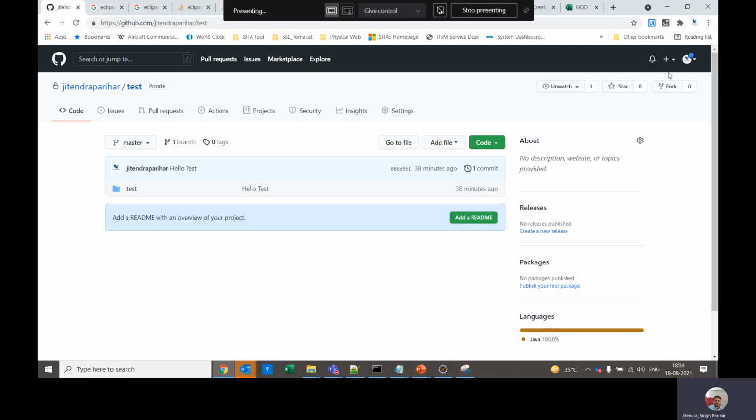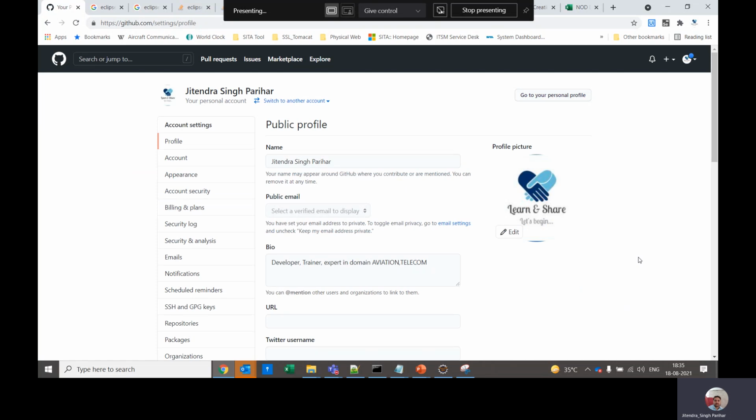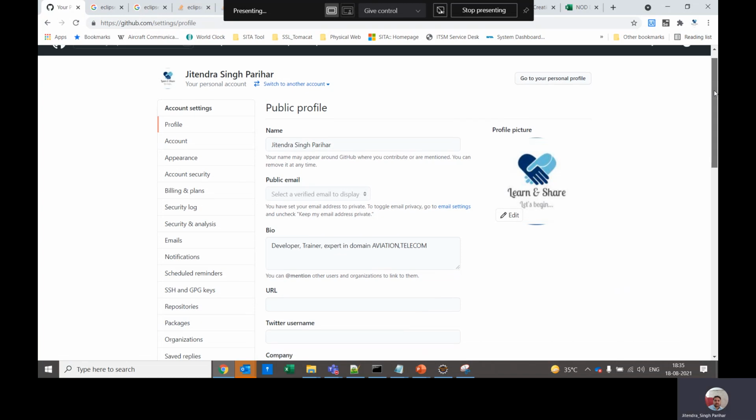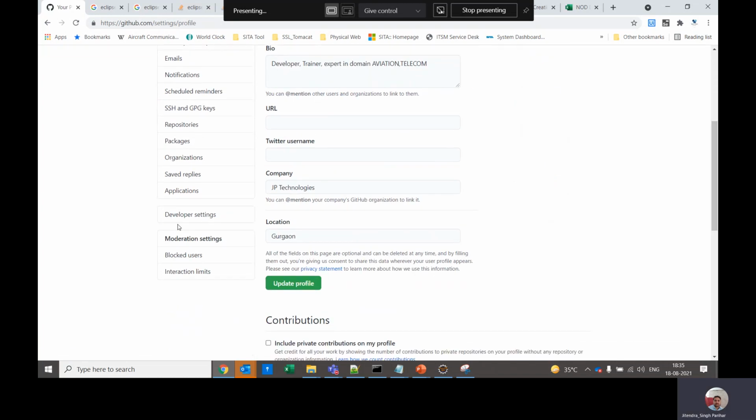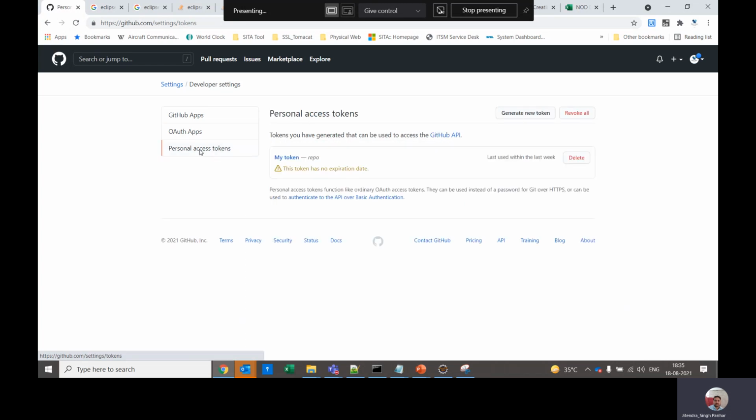So, quickly to the solution part, how you need to resolve this issue. First you need to log in to your GitHub account, and then you'll find the settings. Click on settings, and on the left-hand side you'll see some menus, and here you'll find developer settings. You need to click on this, and this is the personal access token. This personal access token you need to generate, and this is mandatory now when you are going to push your code